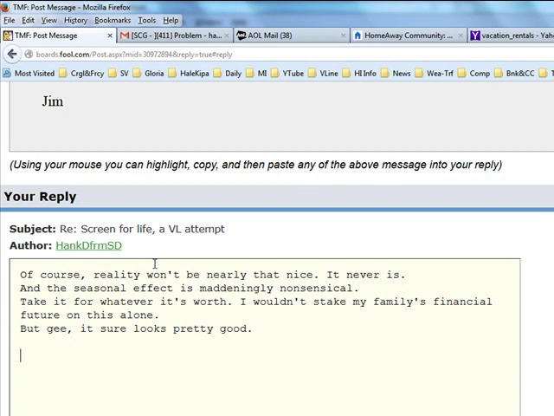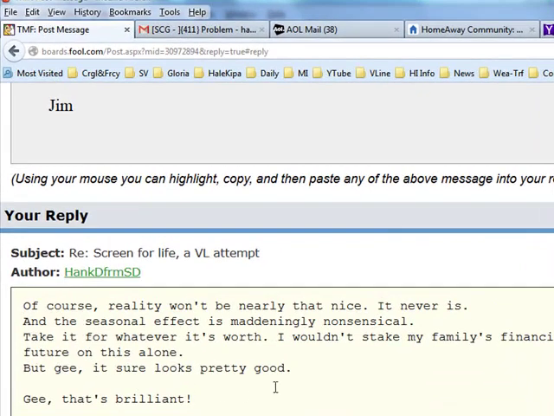And then I can type after that, gee, that's brilliant! Exclamation point. Now, supposing I want to put this part of the message in italics.